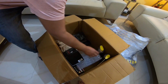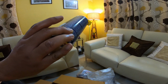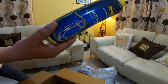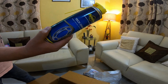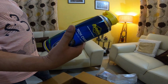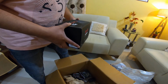Okay, so now I ordered this Putoline Chain Tech. This is the chain wax for my bike. It's supposed to be really the best you can get, as per my understanding. I'm not sure where it's made, but it's a product from Netherlands, Putoline. So this is really amazing. I got two of those, and then coming to the next surprise,